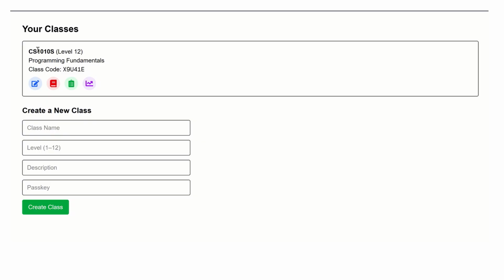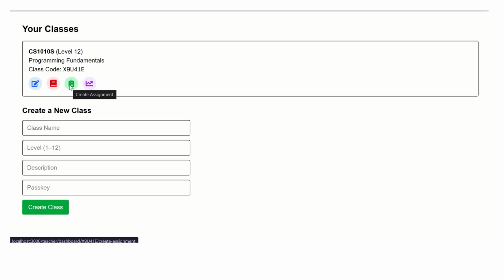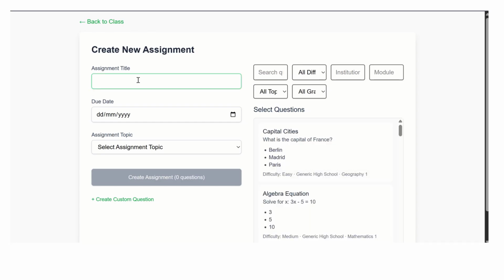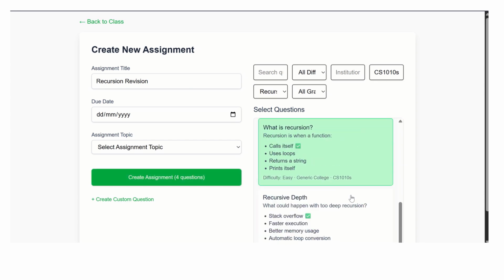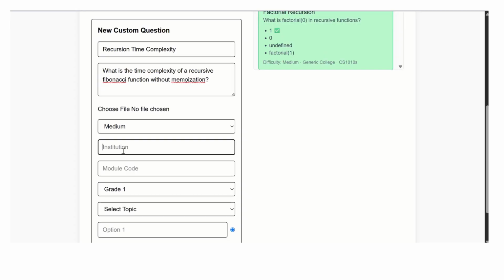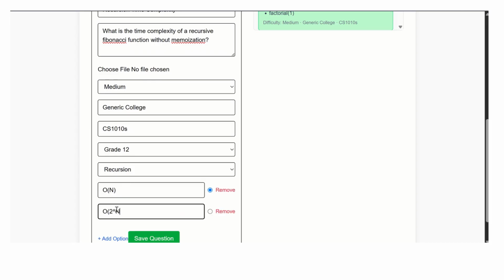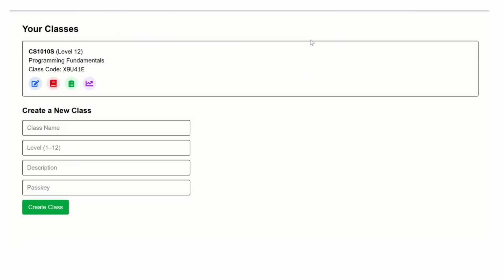the teacher can now upload an assignment. When they create an assignment, they can put an assignment title, due date, and filter by module, institution, and topic. They can also create custom questions in case the question bank is not sufficient. Once they complete filling up the fields and indicating the correct answer, it gets saved over here and they can create this assignment. Now, all that's left to do